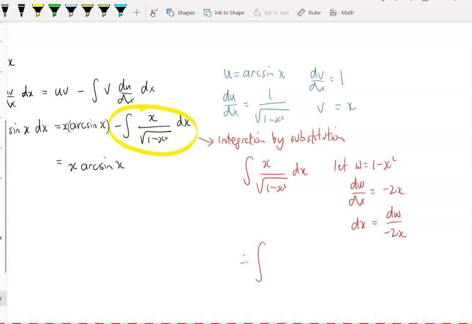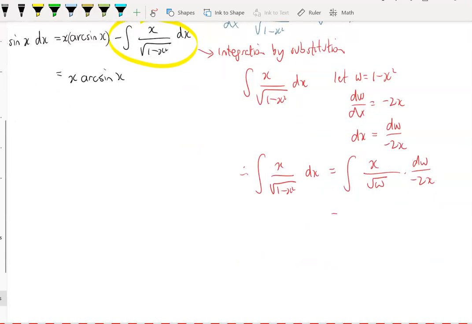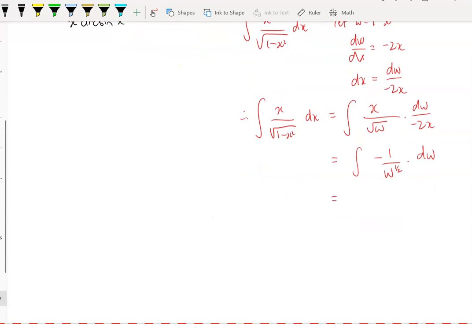So therefore the integral of x over the square root of 1 minus x squared dx is going to be equal to the integral of x over the square root of w times, we're going to replace dx with dw over negative 2x. This equals, so the x's will cancel, so we're going to do the integral of negative 1 over 2 w to the power of a half multiplied by dw, and we can integrate that and we're going to get,